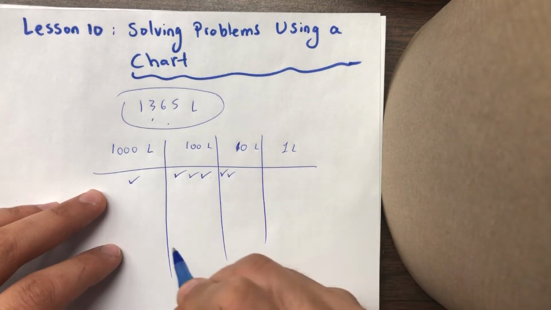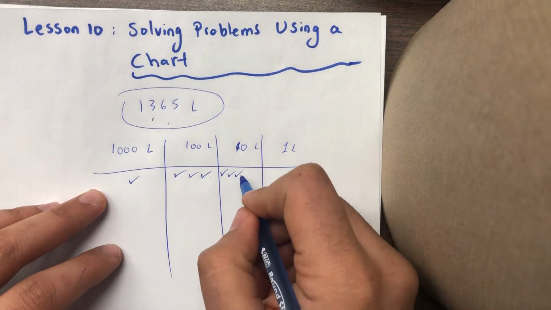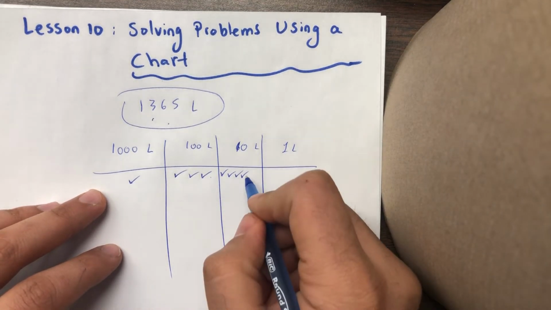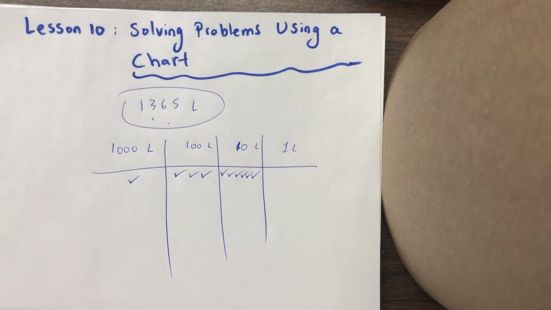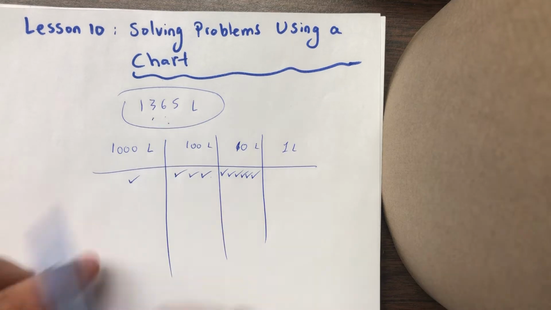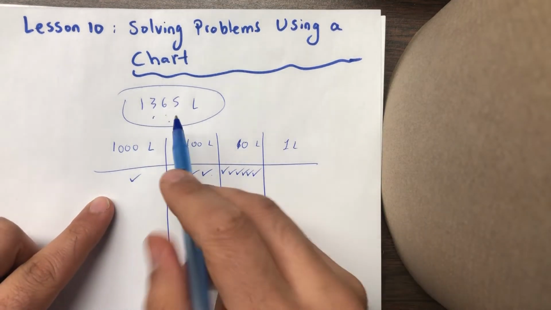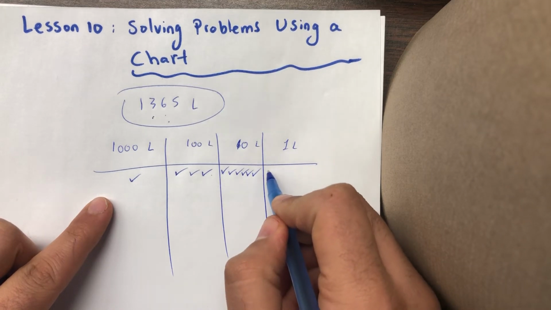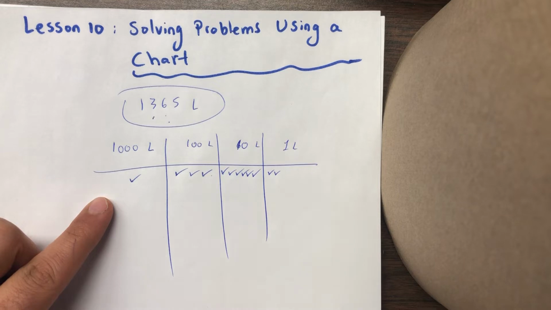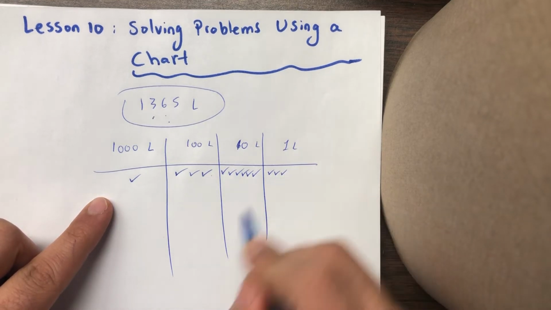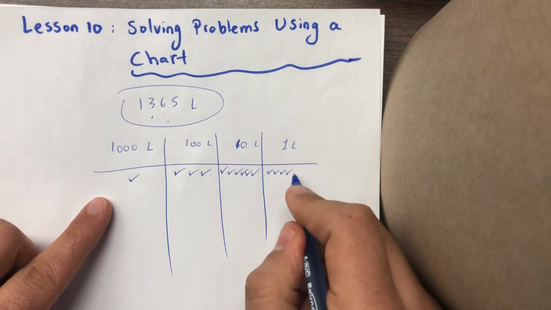1,310, 1,320, 1,330, 1,340, 1,350, 1,360. I will not be adding any more because if I do, it will be 1,370. So I'll move on to the next one over here. 1,361, 1,362, 1,363, 1,364, and